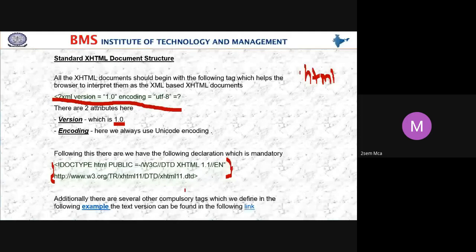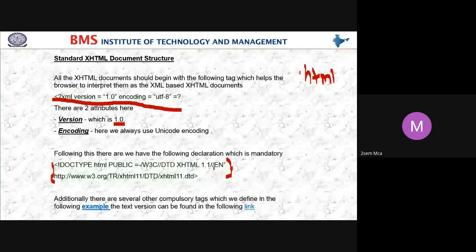Ma'am, it's a website for different coding platforms. Yes. Students, we have a website, W3Schools. There you can get study material, and you can execute HTML programs in this W3Schools. And DTD, document type definition, XHTML 1.1.